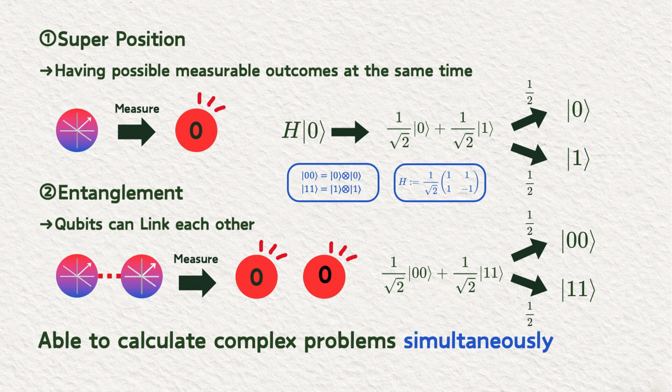As I mentioned earlier, a wave function can be expressed as a linear combination of basis vectors, with the coefficients called probability amplitudes. Upon measuring the wave function, the state collapses instantly into one of the basis vectors, with a probability determined by the square of the amplitude. For example, in the case shown here, applying the Hadamard gate, which is a unitary matrix, to Ket0 creates a